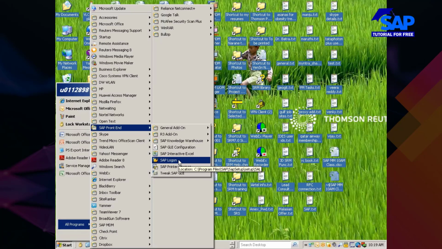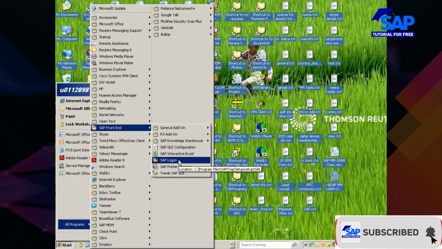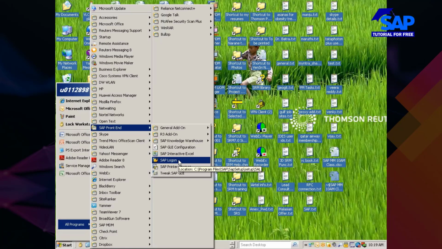So your client machine, that is the system from which the end user is accessing. It need not be an end user. It could be a functional guy. It could be a system administrator also. Whoever is working on his machine, that machine contains only the GUI interface, graphical user interface application, nothing else.